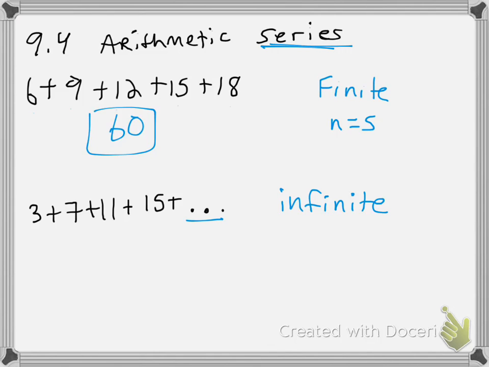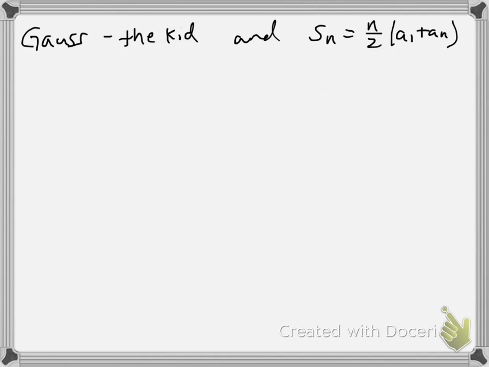What we're going to be focusing on is finding the sum of arithmetic series. So just like before, you have to be able to determine if something is or is not an arithmetic series based on a common difference. But I want to talk about this kid Gauss, the kid that basically showed how this summation thing works with arithmetic sequences and series, and it's pretty fascinating.